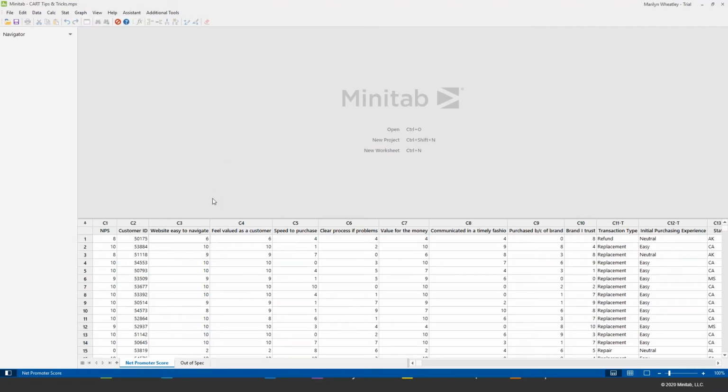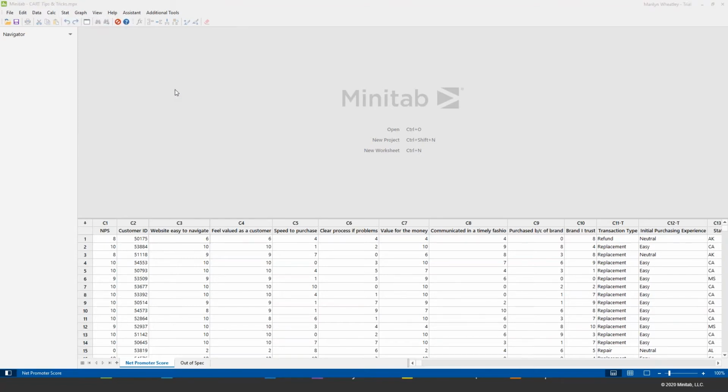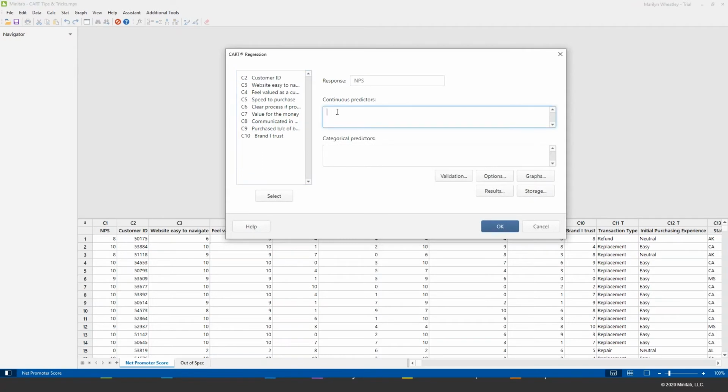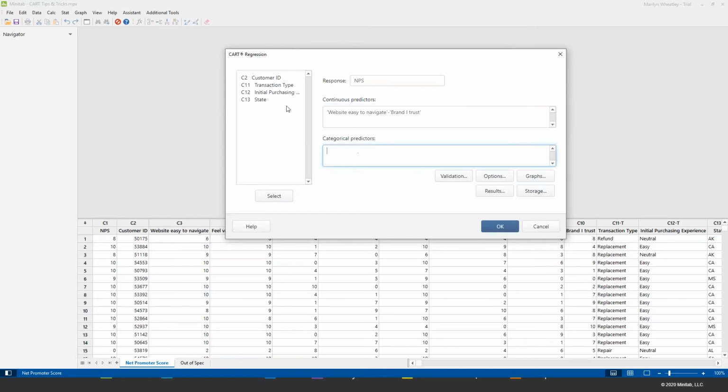So let's go ahead and create our CART regression model. We're going to be working with the NPS data set that you see here in my worksheet. The response is in column 1, and we'll use the columns to the right to build our model and make a prediction. So I'm going to go to the Stat menu, and the option is available here under Predictive Analytics, and I'll choose CART for regression since I have a continuous response. I'll fill in the Net Promoter Score. I'll fill in all of my continuous predictors here in the first field, and then I'll add my categorical predictors